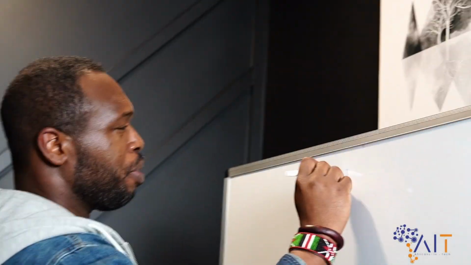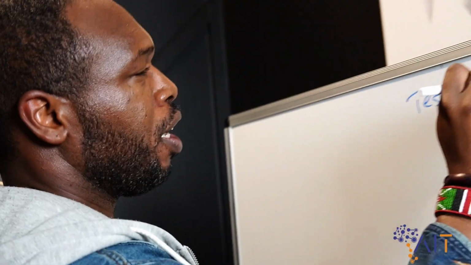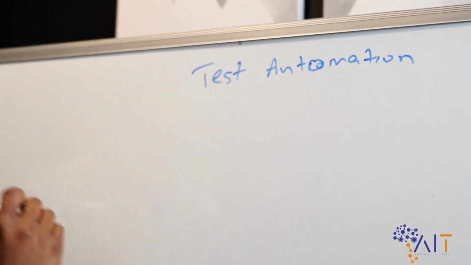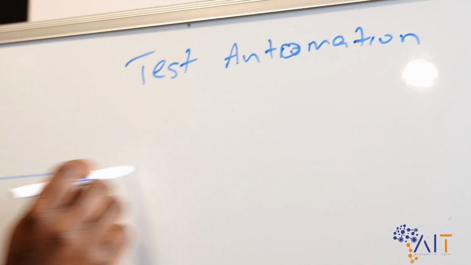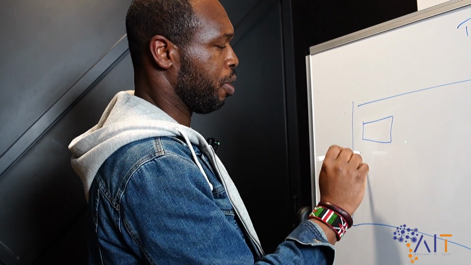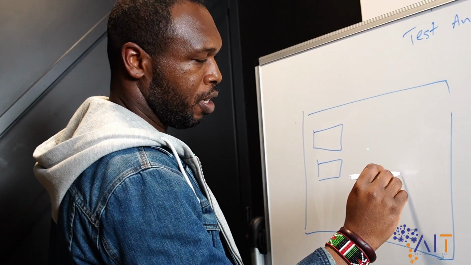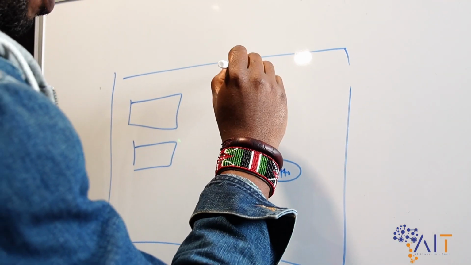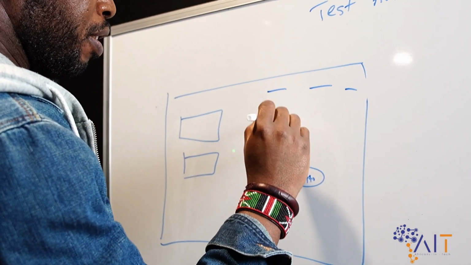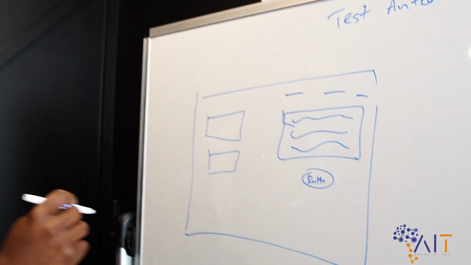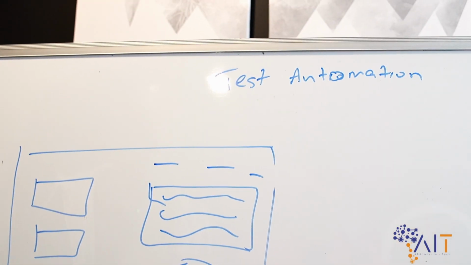Oh, okay. Yeah. So we'll talk about test automation. What is test automation, right? So let's just say you have a website, and I'll just put a web page here. It has a couple of text boxes, probably a button here, a couple of links here, and some text here. Okay. So when a tester is testing this,